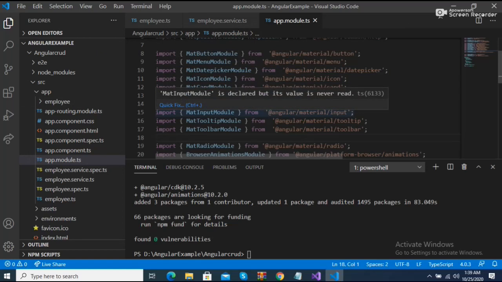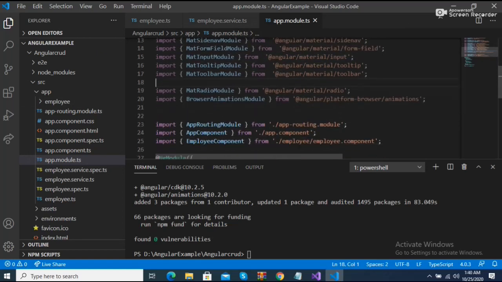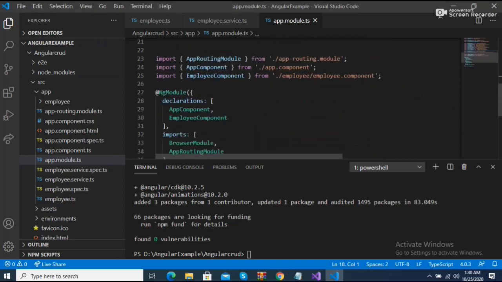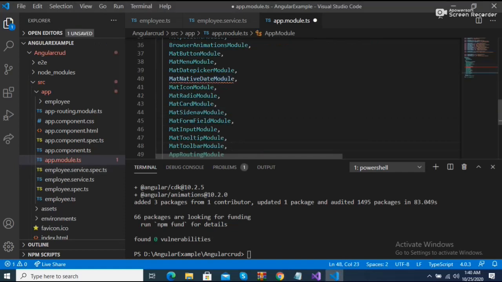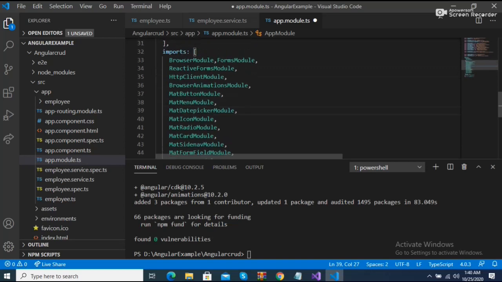After all these things, what should we do? We need to add the imports into our project. Here we have the imports for app routing and the browser module. We need to add the forms module as well. The mat native date module is not used here, so I just add the rest.